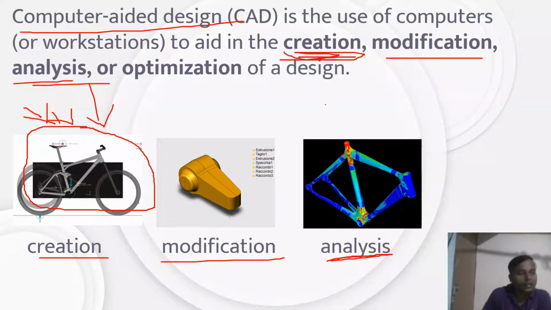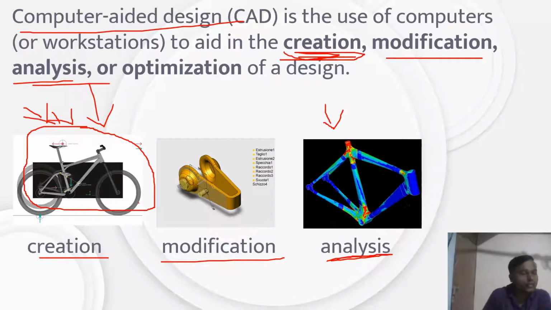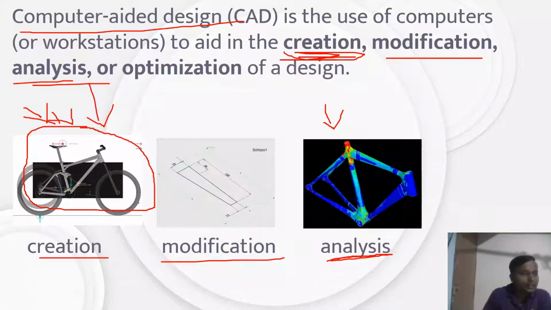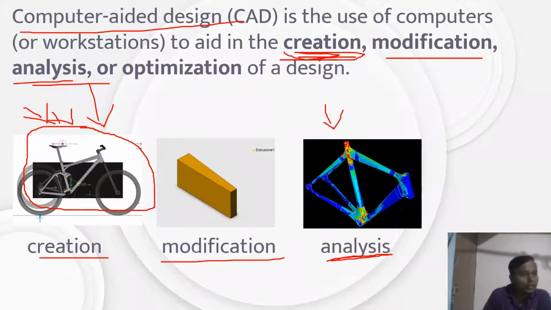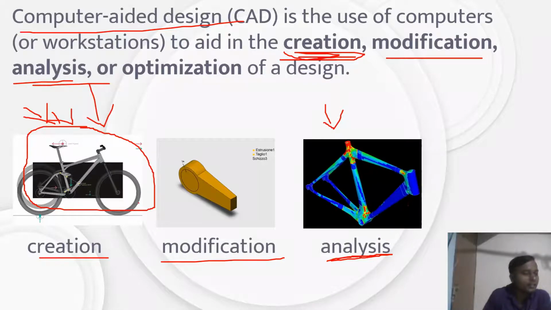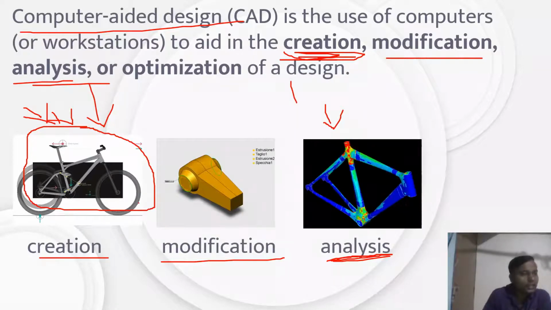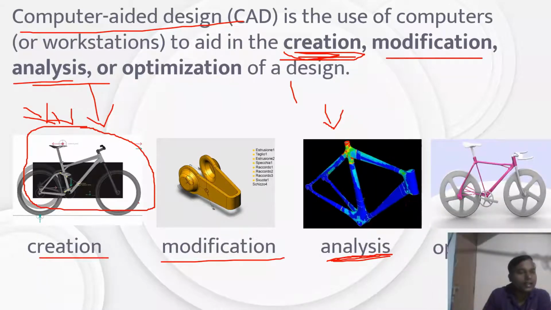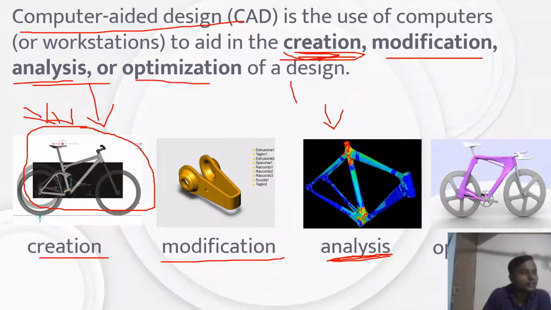A number of forces are applied on this body and some reaction is produced in the body. According to Newton's law, every action has a reaction. We apply forces on the body, and the body produces the reaction. This reaction is nothing but the analysis. When we apply forces or pressure, the body creates stresses. We have to find out how much stress is produced in the body. It is called analysis.